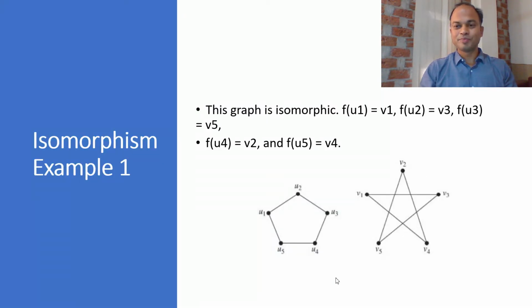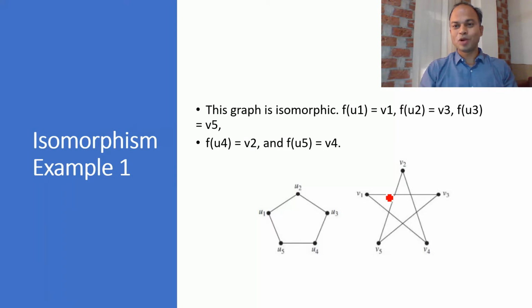What are these mappings? We are discussing with the help of an example. Say two graphs are given. The first graph is G and the second graph is H. We have to find the mapping f(u1) equals v1. I mean, if we apply function f on u1, we get v1. Similarly, if we apply function f on u2, we get v3. In this way, we have mapped various vertices of one graph into another graph.